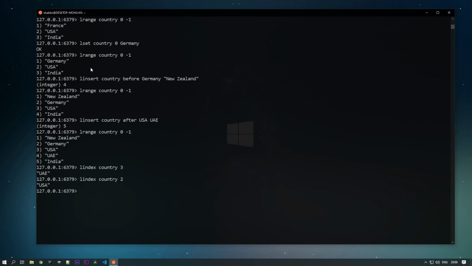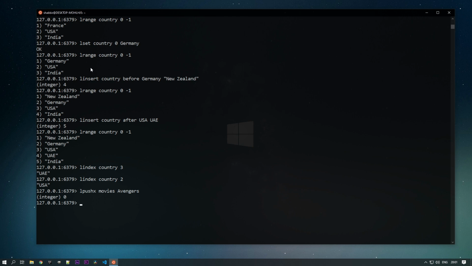Now we saw in the starting, right, we used the lpush command and we added country and we added a value. At that time it created a list and added the value to it. But what I want to do is check if that list exists, then only add the value into my list, otherwise won't add. So for that my command would be lpushx, then my key. Suppose I'm adding data to movies. Currently I don't have any movies list. So I'm using lpushx movies 2 and adding a value. It will return 0, because it was not added to the list.